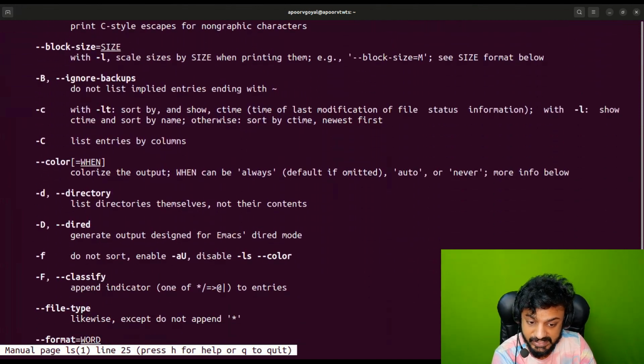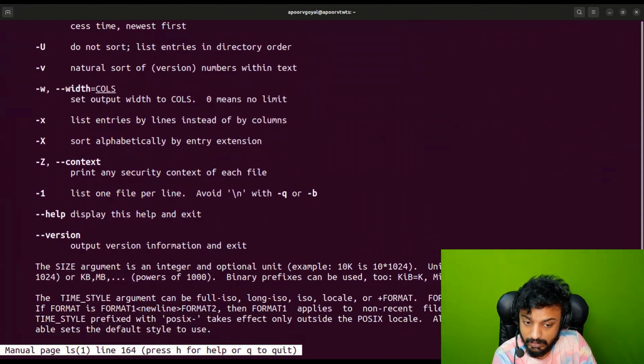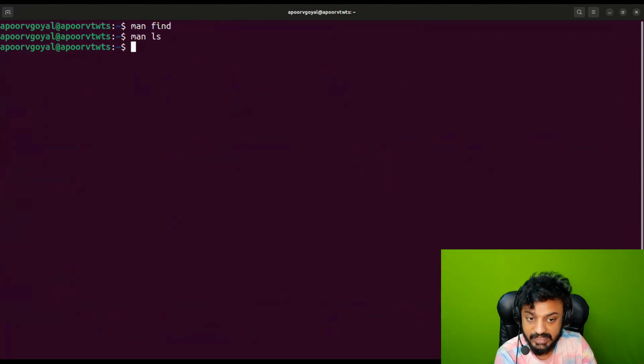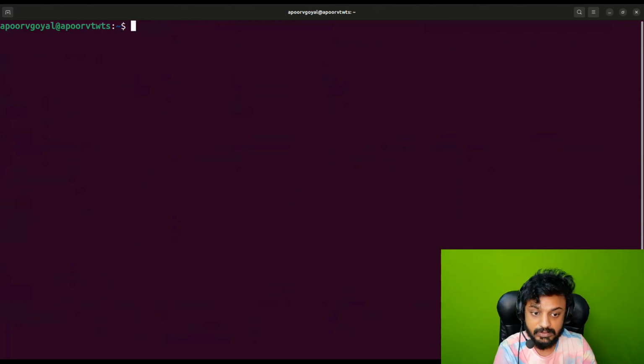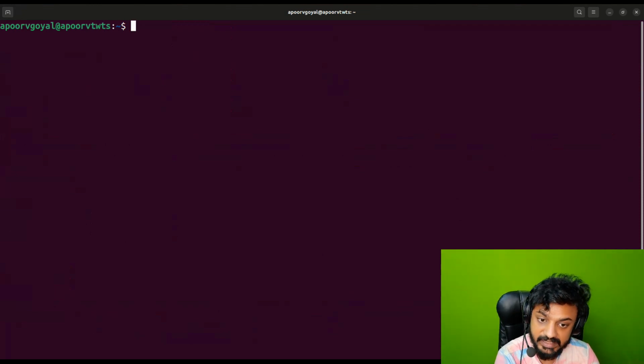Even for ls, if I check, I can see that there are so many flags out there, right? You can go through these documentations and understand the commands better. There's also a command called whatis. So whatis describes a command in short, and it just tells you what that command is all about. So if, let's say, I do whatis